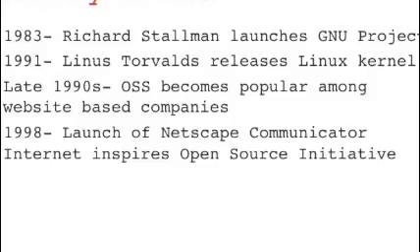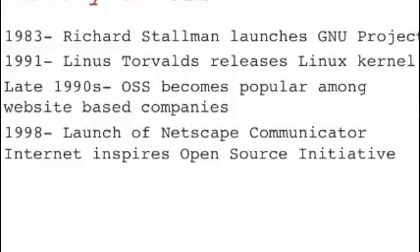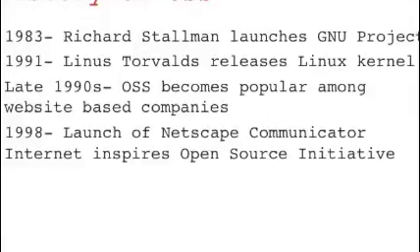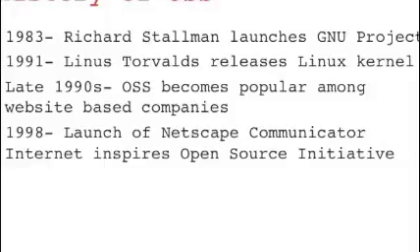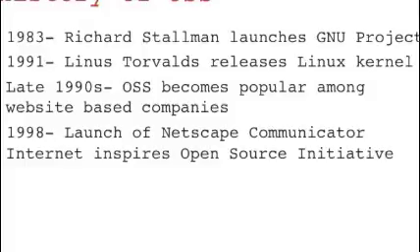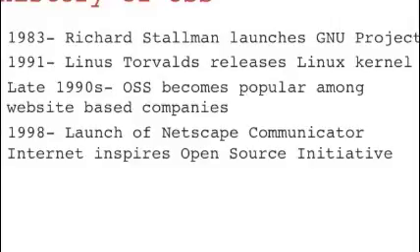Here's a brief history of open source software. In 1983, Richard Stallman from MIT launched the GNU project. The GNU project wrote a complete operating system free from constraints on use of its source code. Users were able to freely run the software, share it, study it, and modify it. The GNU Manifesto was later written by Richard Stallman to gain support for the GNU project. It identified the freedom essential to free software users.